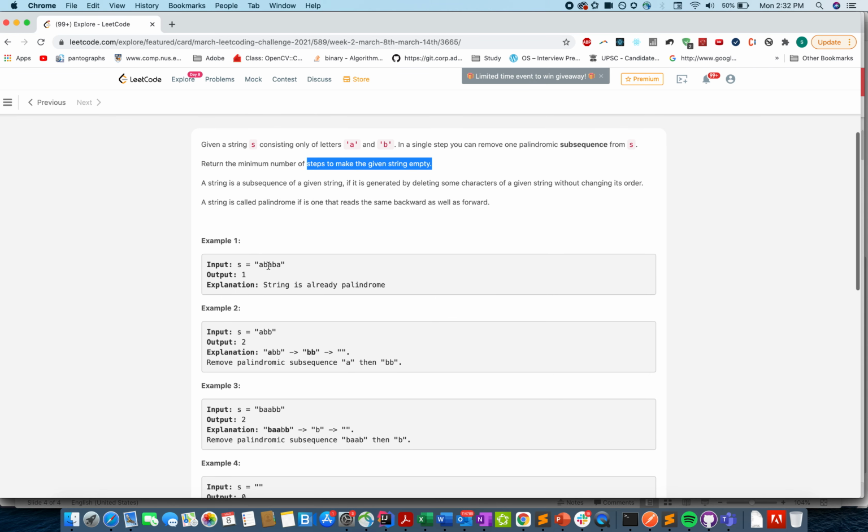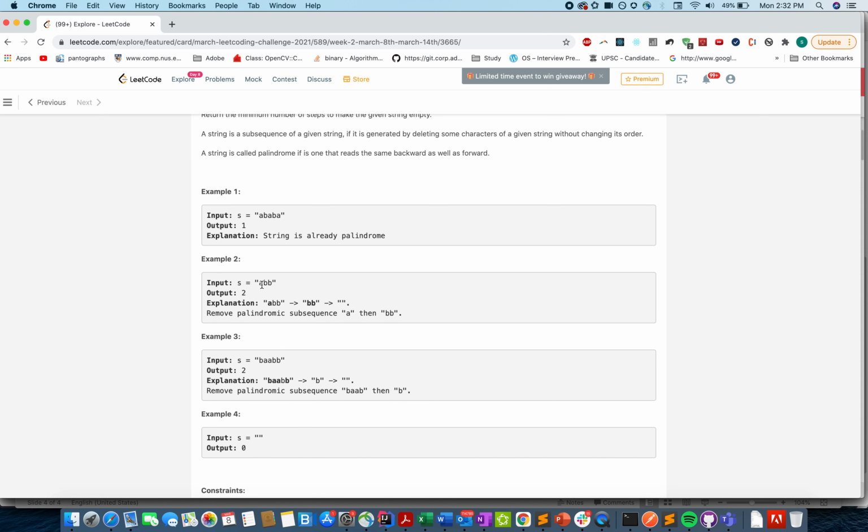So let's walk through the first example. We are given A, B, A, B, A. The string is palindromic itself, so you can remove the complete string and it will be left with an empty string after the removal. So only one step is needed.